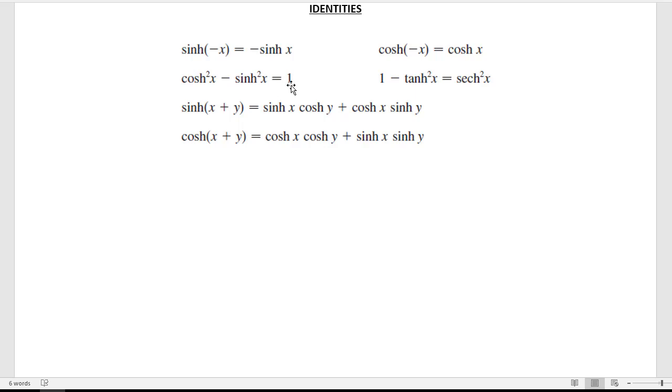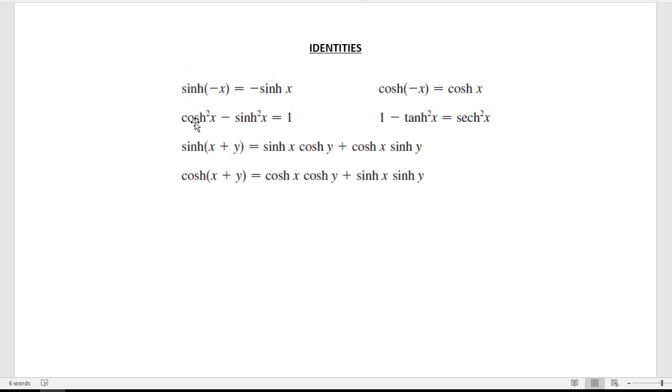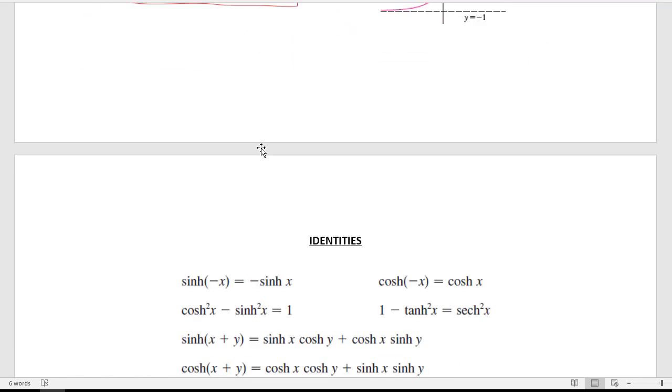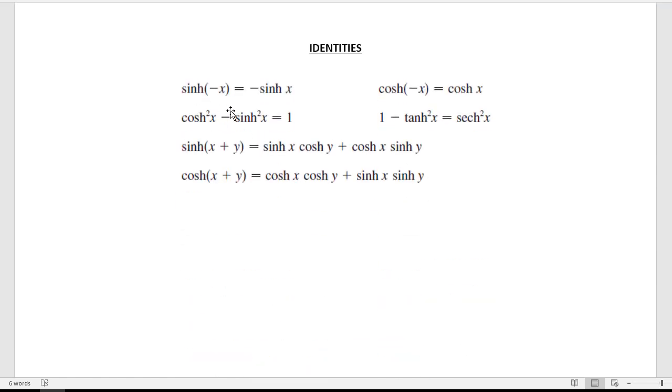So if I was going to prove or derive this first formula, what I would do is plug in the definition of each of these functions. So I'd come back up here and I'd plug in the definition of hyperbolic cosine. I'd plug in the definition of hyperbolic sine. And then I'd square those definitions and simplify, and I would end up getting 1 equals 1. So there are some textbooks where you would have a couple of homework problems where you would prove that one of these